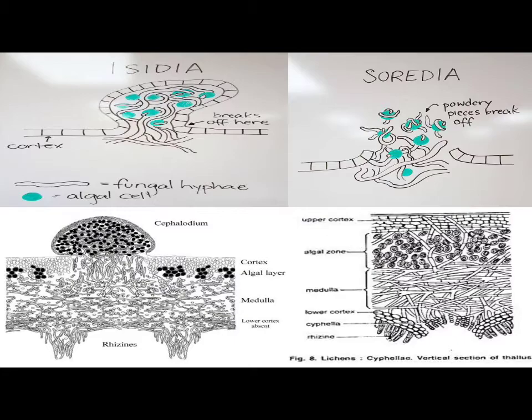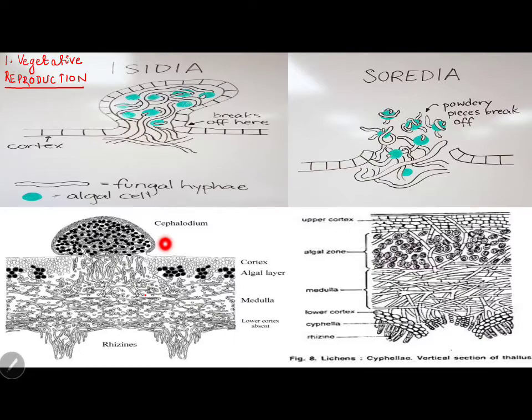If you see what Isidia are, my first point is Isidia are vegetative reproductive structures. Lichens develop Isidia for reproduction. So this structure is in no way concerned with exchange of gases. So whenever the conditions are favorable, as you can see,